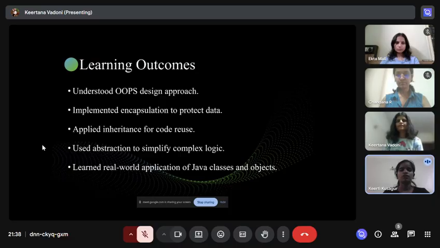Learning outcomes. While developing this project, we have gained valuable knowledge and hands-on experience with the principles of object-oriented programming using Java. We learned how to design a program by breaking it down into classes and objects, which makes the code more organized and reusable. By implementing encapsulation, we ensure that the students' data remained secure and could only be accessed or modified through specific